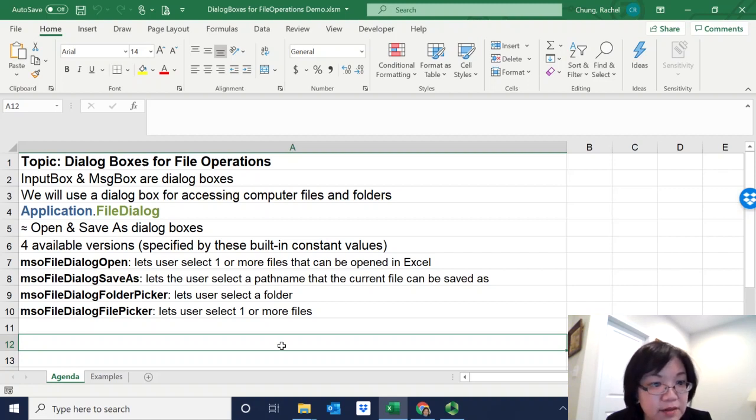So msoFileDialogOpen is a number. I don't actually know what number it is, but we can look it up. But it's basically an integer that tells FileDialog the specific version or operation that you want to have. Okay, so there are 4 different versions. We have msoFileDialogOpen, FileDialogSaveAs, FileDialogFolderPicker, and